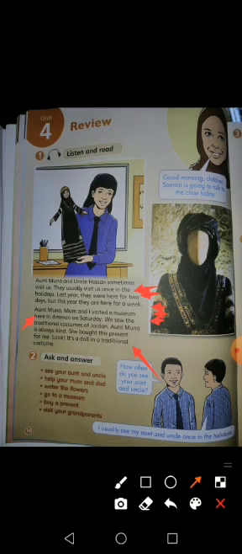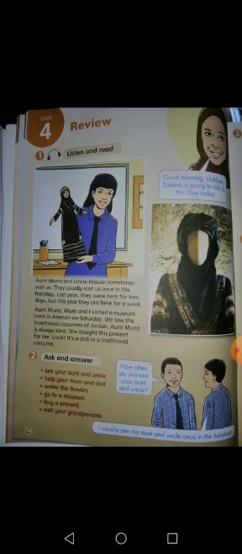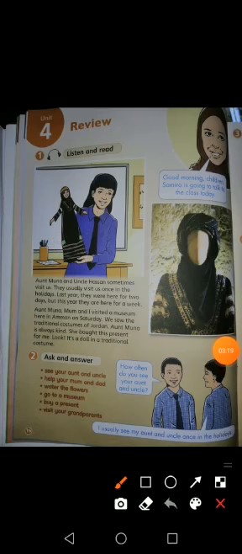So what is the present? What does present mean? Present means gift, okay? It is what in Arabic? هدية. So Aunt Muna gave Samira what? A present. So what is this present? The present is a doll in a traditional costume. Look, this is the doll. So this is the gift for Samira. It is a doll in a traditional costume. Okay? Now let's move to exercise number 2.